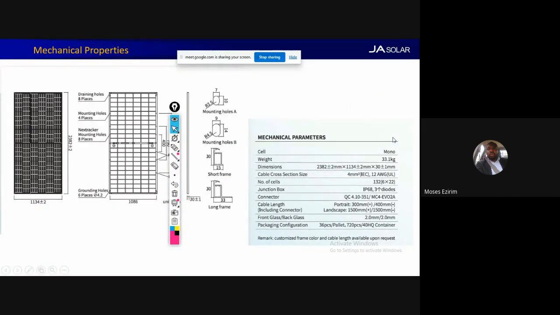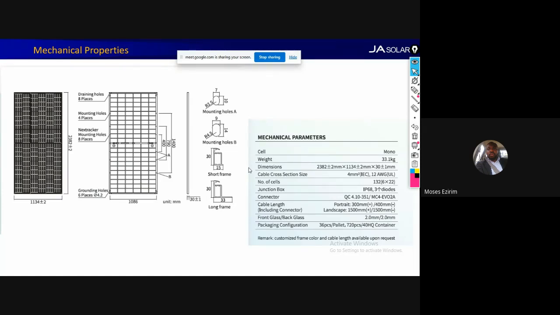All right, so these are the data sheets. I'm still explaining the data sheets. In a data sheet, you will see mechanical properties and you will see electrical properties. Both are very, very important. Now, when you look at this module, for example, you see that the length is 2382 millimeters and the width is 1134 millimeters. The reason why it's very important is because if you are doing your design, you need to do a layout. If you are using SketchUp or PVsyst or even AutoCAD, you need the dimensions to do a layout. So dimension is very, very key.